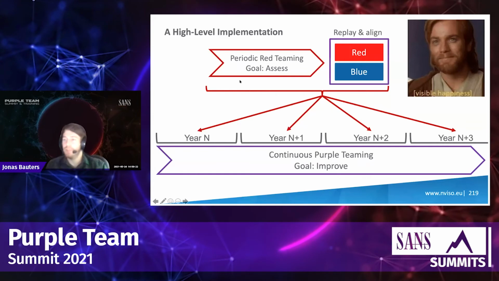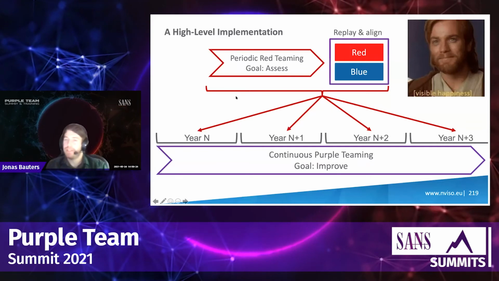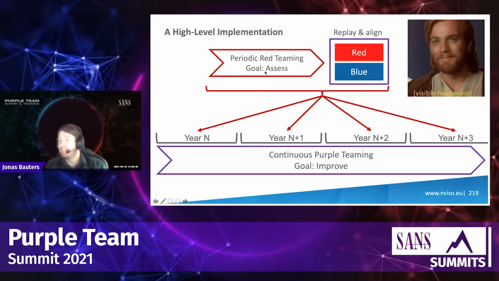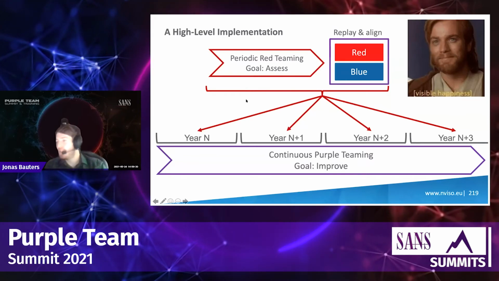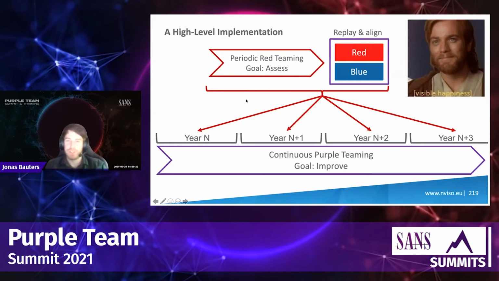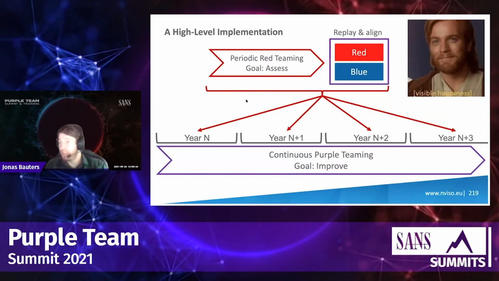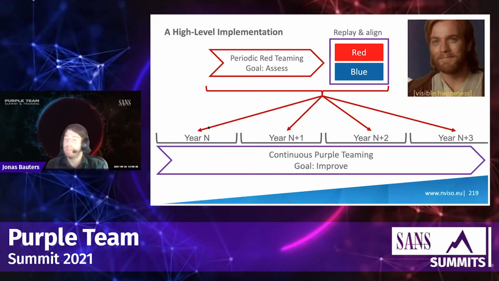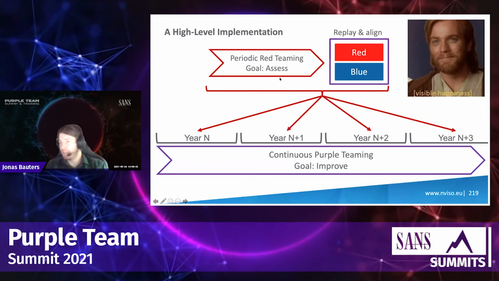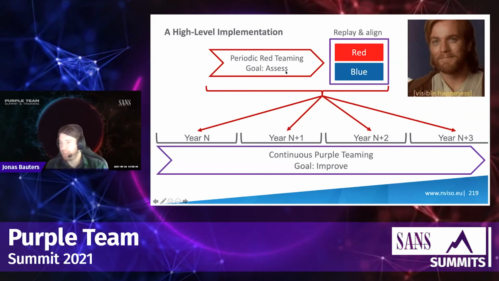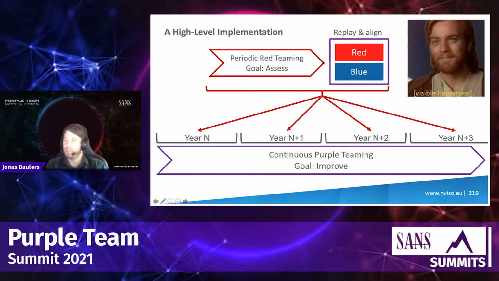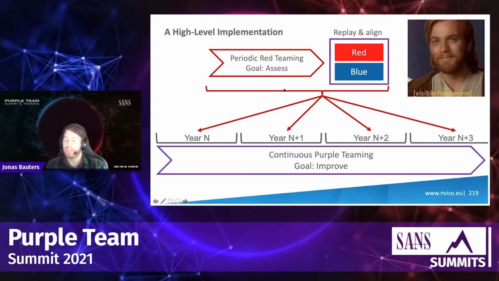Because while the goal is assessing whether or not you can detect it, if the blue team does not have any benefit from the exercise, and next year the red team just comes back, performs the same techniques, and destroys the blue team again, so to say, then the blue team doesn't really get much benefit from it. So I think it is important at the end of the red team exercise that you have red and blue sitting together and going through the kill chains and everything that was executed.